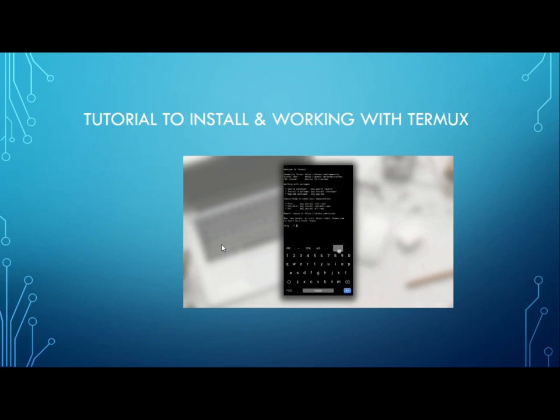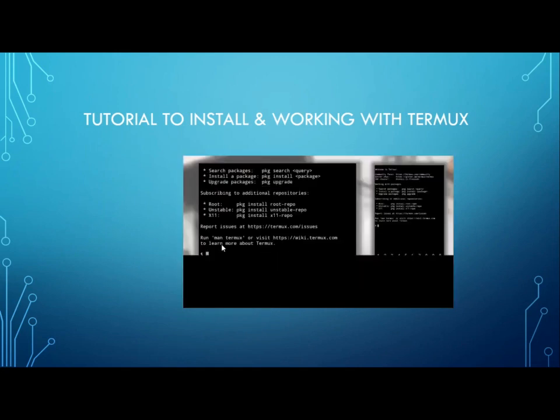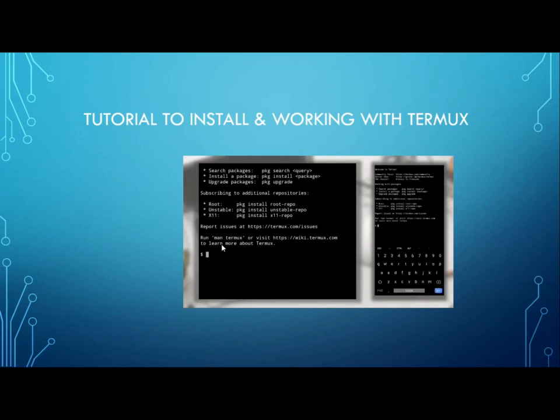To upgrade and update, you go ahead with PKG update and PKG upgrade, and this will help you keep your system updated.